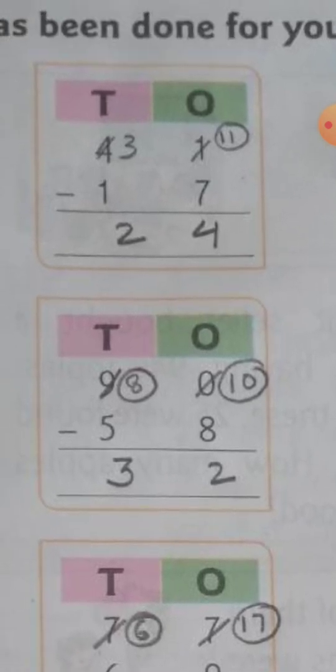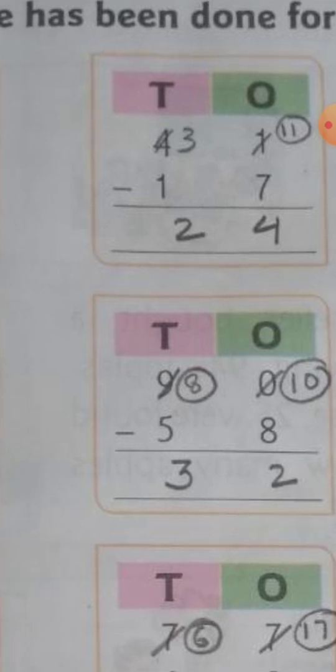So, you have to subtract 7 ones from 1 ones. As all of you know, 1 ones is smaller than 7 ones. So, we can take borrow from 4. So, we will take 1 ten borrow from 4. Then this 1 ones will become 11 ones. And then we will subtract 7 ones from 11 ones. So, when we subtract 7 from 11, we will get 4.